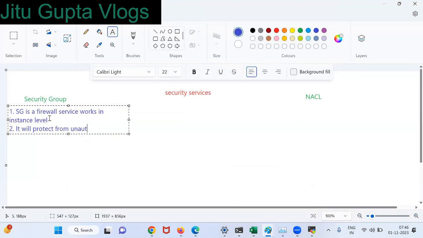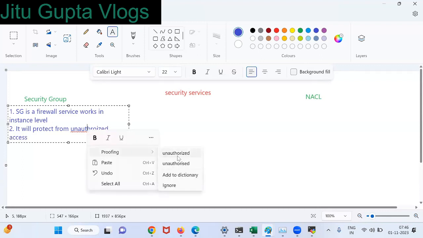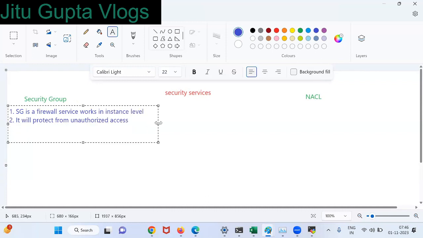We have already discussed unauthorized access. Next, what are the rules we are going to enable here? Many rules. By allowing rules, it will allow the traffic. Okay. Is it clear, everyone?